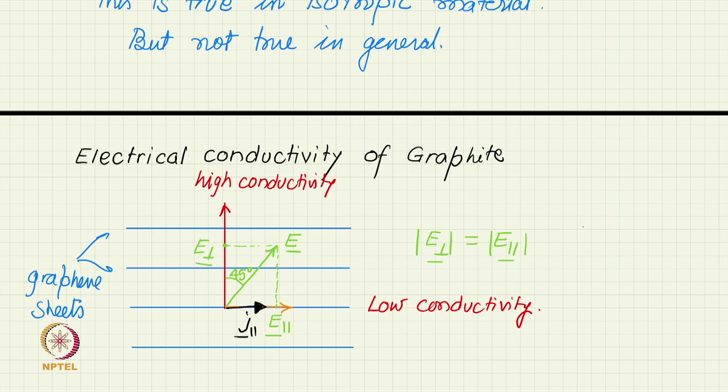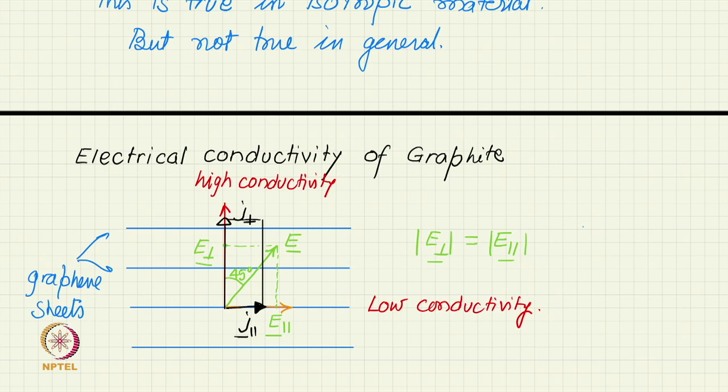But since the conductivity is high in the normal direction, the same magnitude electric field will be capable of generating a larger electric current. Now, you can see, since J parallel is much smaller than J perpendicular, they are not equal, the net resultant current density